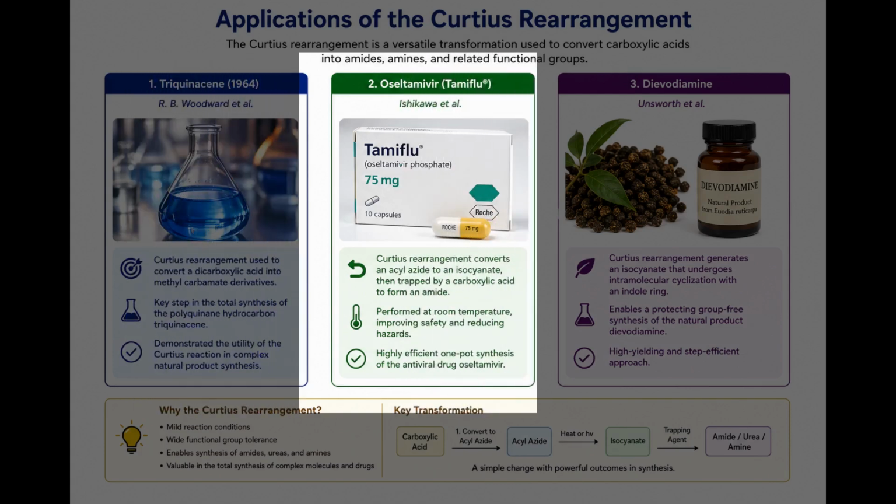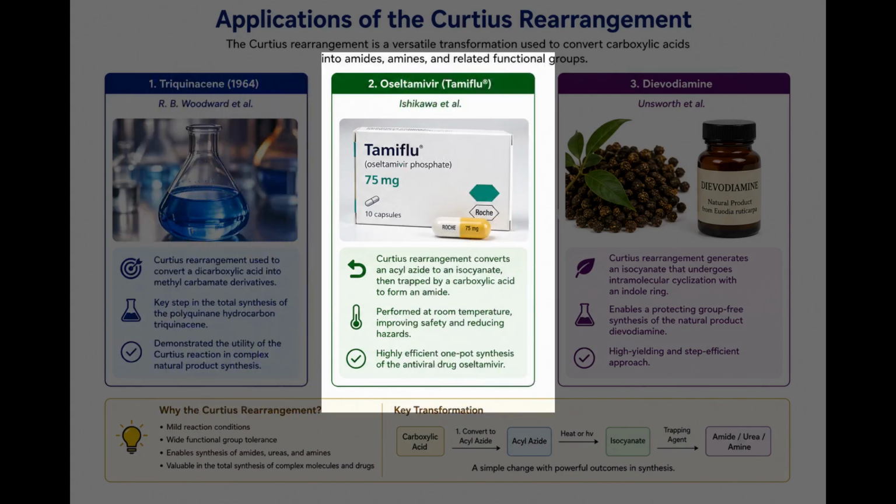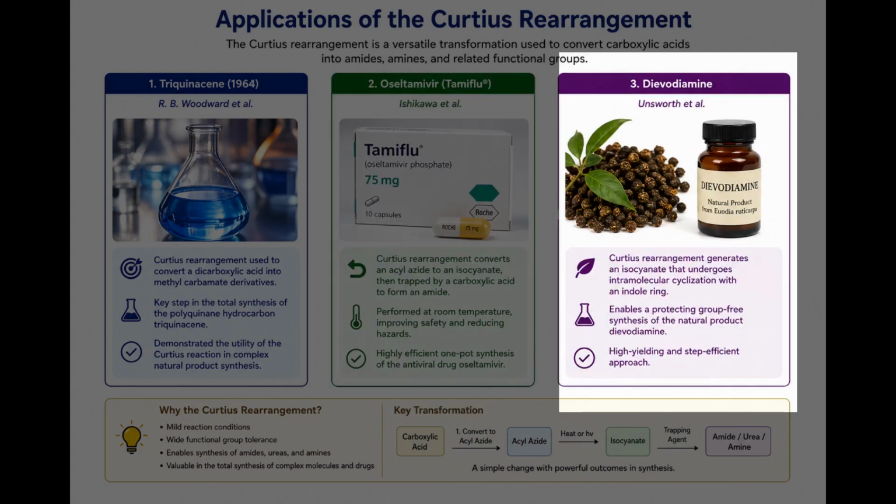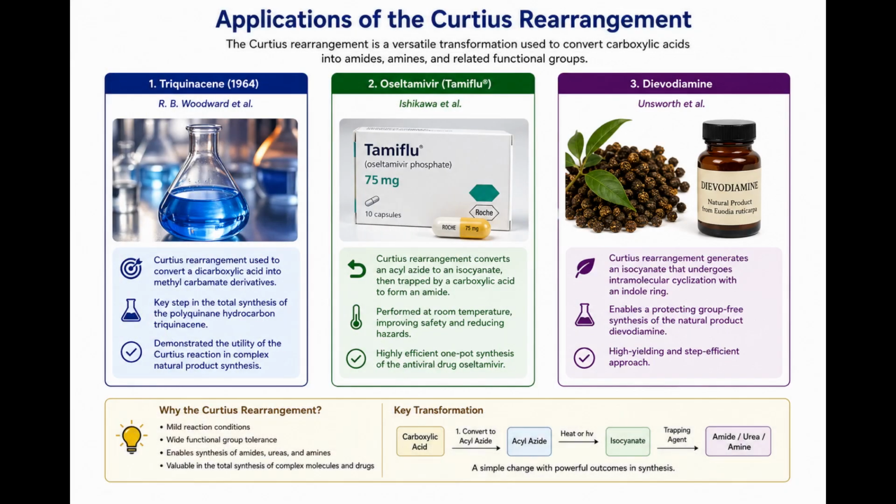In the center, the reaction plays a key role in the synthesis of the antiviral drug oseltamivir, Tamiflu, enabling an efficient one-pot transformation under mild conditions. On the right, it is applied in the synthesis of the natural product diazonamide, where the isocyanate intermediate undergoes intramolecular cyclization. Overall, the Curtius rearrangement is valued for its mild conditions, functional group tolerance, and efficiency in building complex molecules